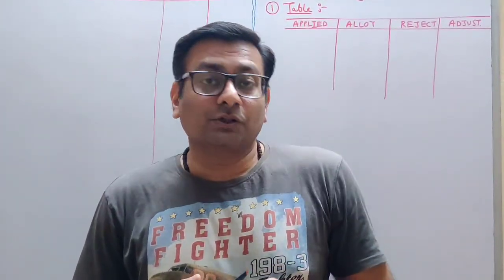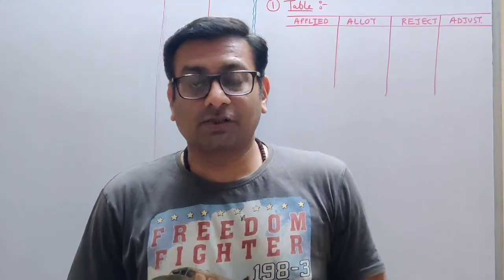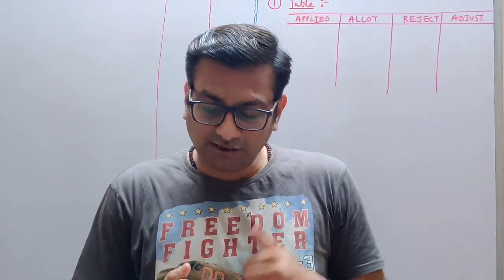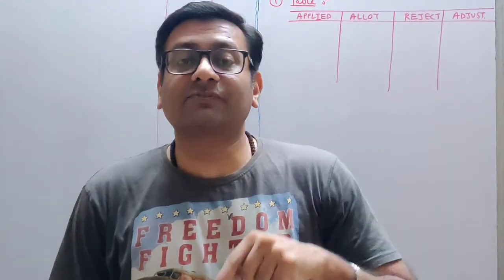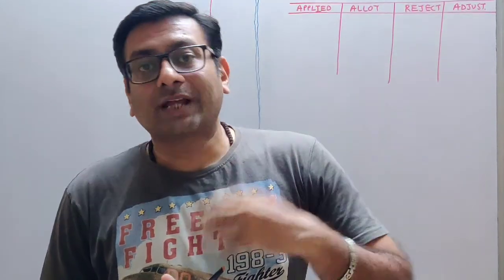Third, you are going to forfeit the shares, so even the forfeiture entry is there in this sum. Then you have to reissue these forfeited shares, so the reissue entry is there, and at the end you are going to transfer to capital reserve. Now even for that you need a working note, so there are three working notes in this sum. It's a very important question, students, today what we are doing.